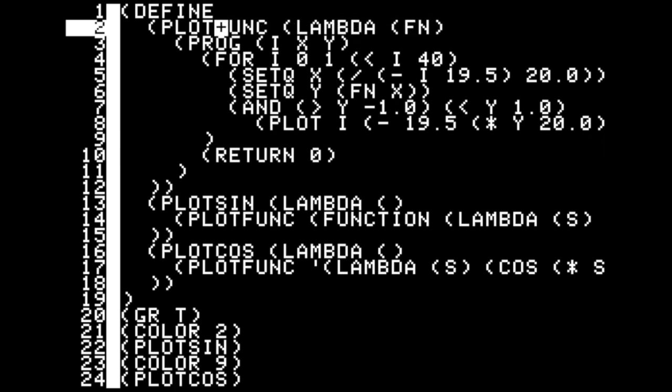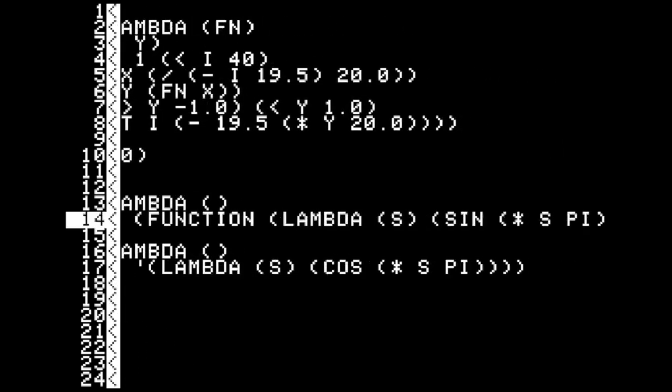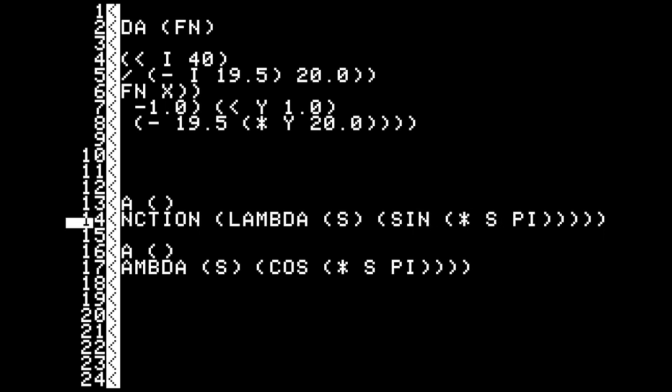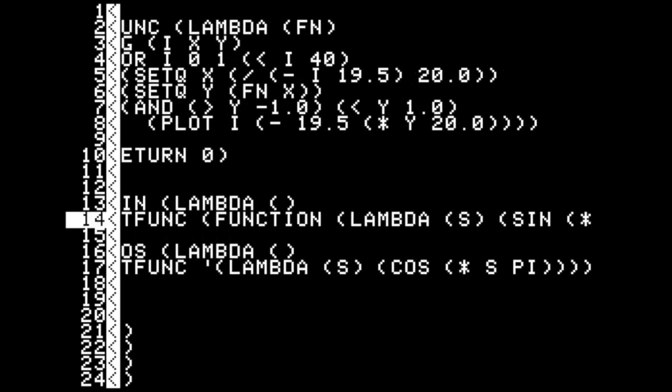And this function will plot a function from -1 to +1 on the low-res graphics screen. Our function will output a value between -1 and 1, which will then be scaled to fit on the low-res graphics screen. Our first one here is returning a function to calculate sine,